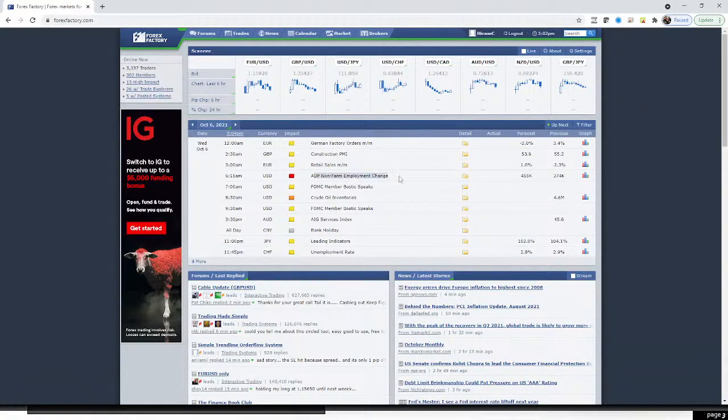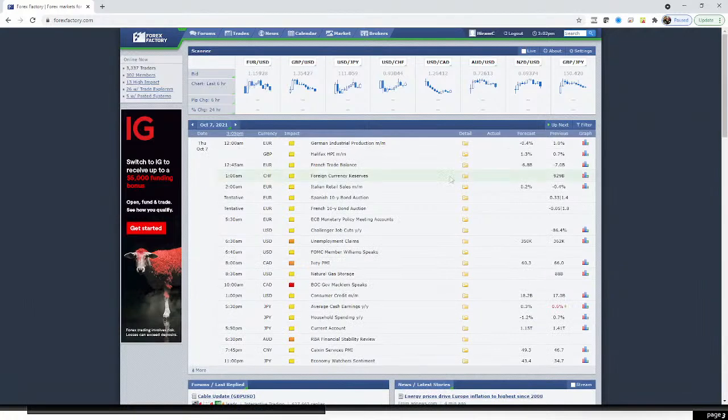Wednesday, we've got ADP non-farm employment change, 6:15 a.m. Mountain Standard, 8:15 Eastern. Again, keep in mind, guys, we're not trading during these times. We're staying out of the market during these times, right? So I always want to emphasize that in case you're not certain. We don't trade announcements, and I'll show you guys here in a moment why. And I've showed you guys in the past, but there's a blatant example here again.